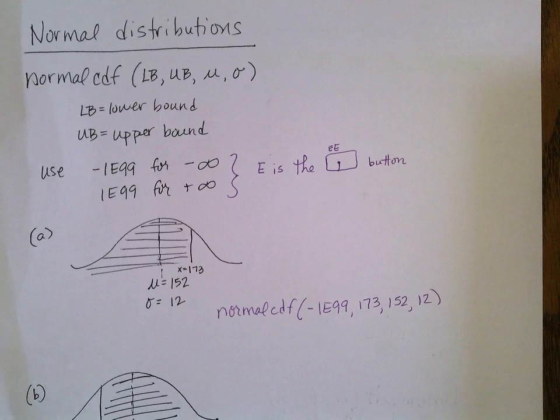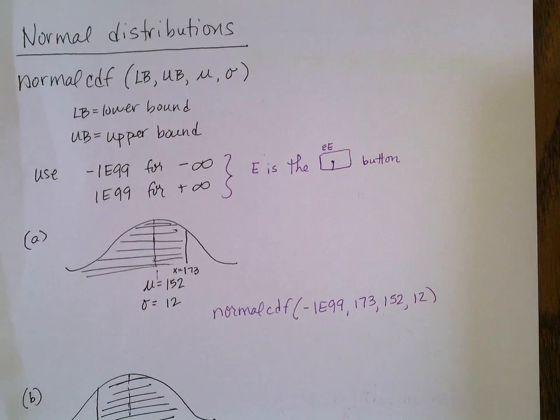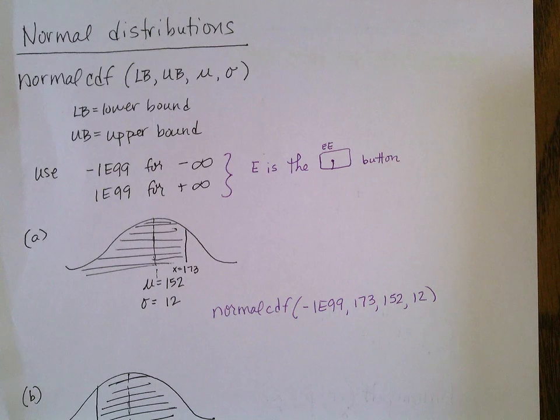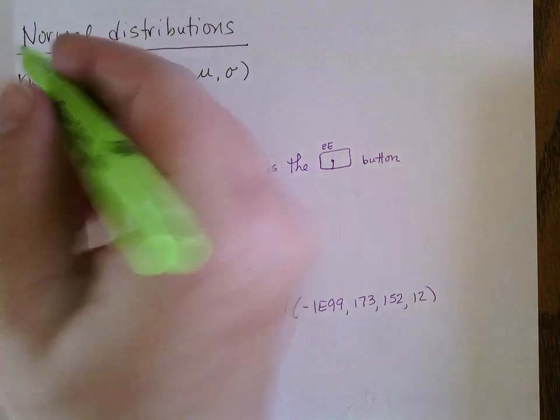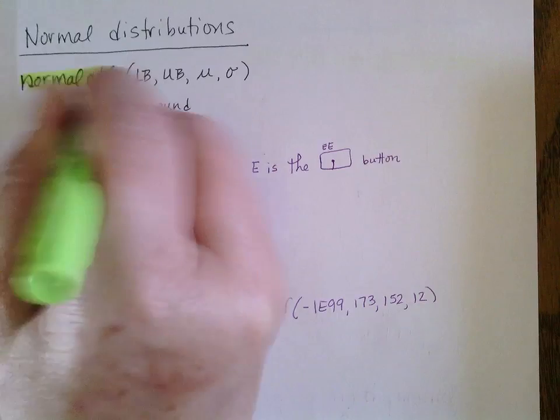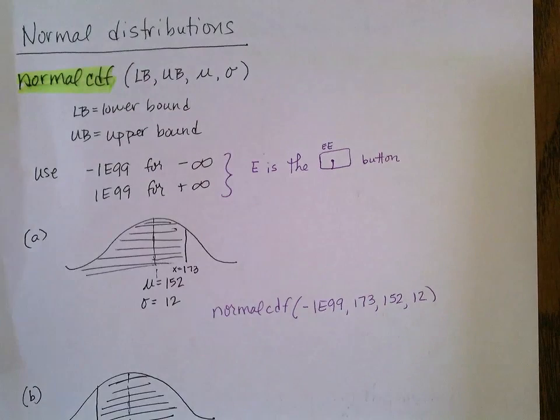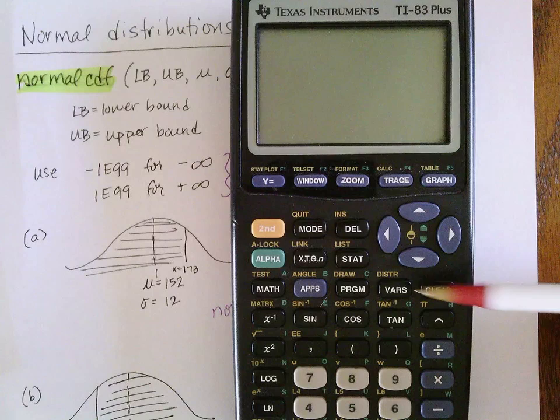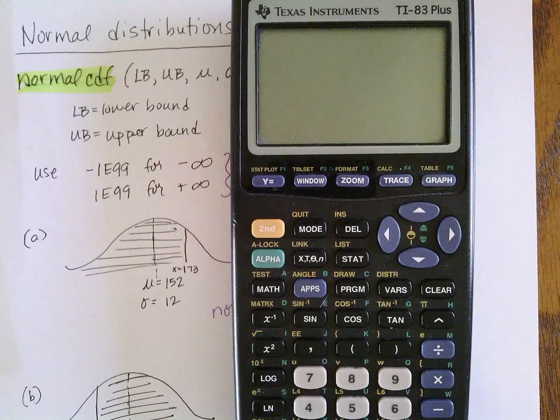Now we're going to look at normal distributions and how the graphing calculators can help us calculate those. So this is a lot less work than if I'm looking up the values from my Z chart for normal distributions. So the shortcut is to use the command normal CDF, and you're going to find that command in second bars. So it's also here in distribution, which means I'll have to hit second and bars in order to find